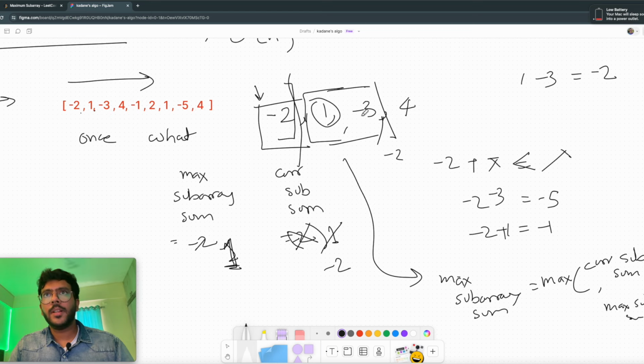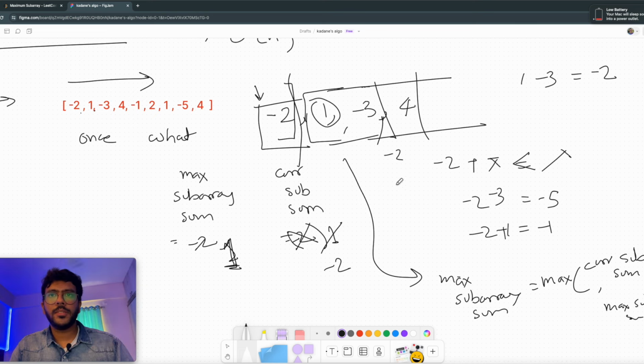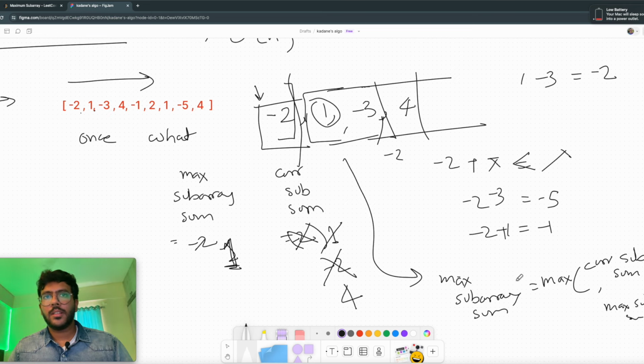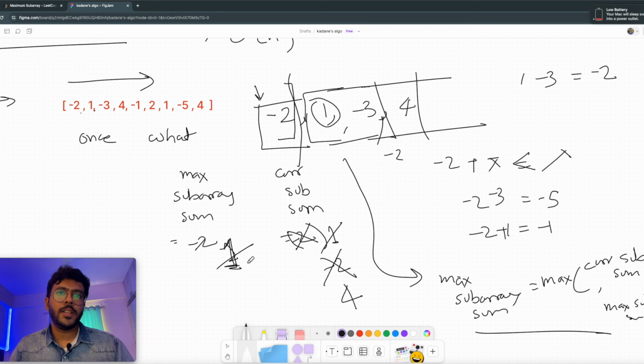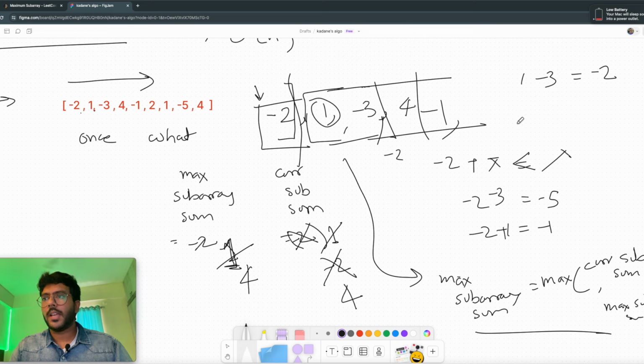We go to the next element, which is 4 in our case. Here we check what the current subarray sum is. We see it is minus 2, so we straight away reject it and start a new subarray from here. So we update it to 4. At this point we check this condition, max of current and max subarray sum, 4 is greater than 1, so we update this to 4. Next we go to minus 1 and we repeat this entire process, and at the end we need